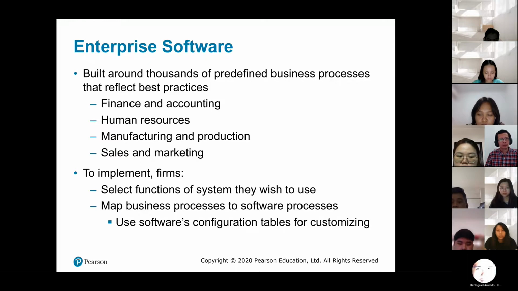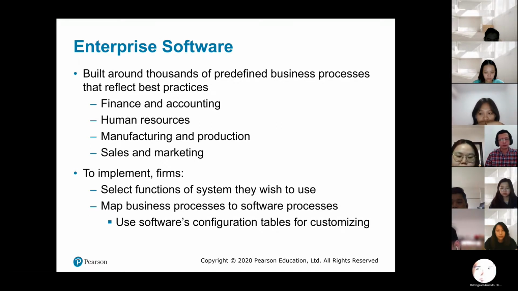First, ERP producer did some research. They gather all the business process, thousands of business process from all around the world that deemed as the best practice. They observe, for example, what is the best process for cash sales?